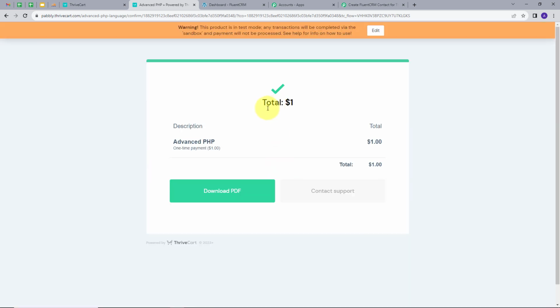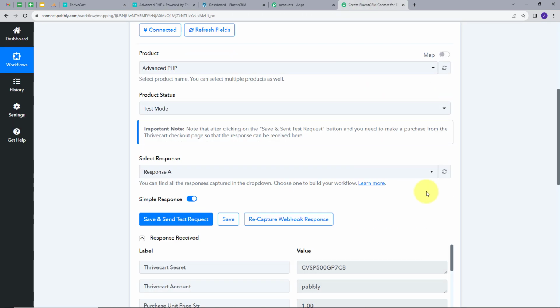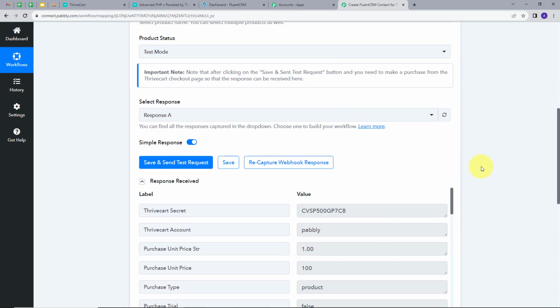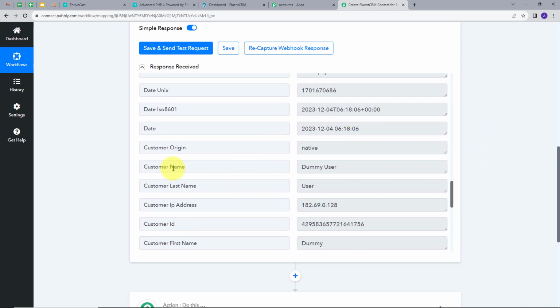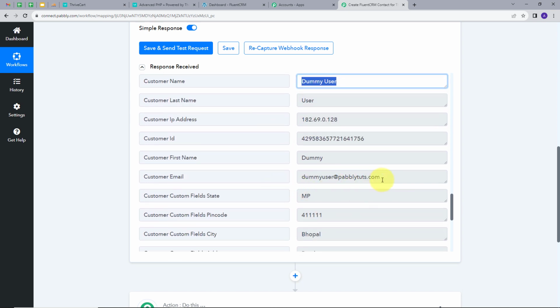So my purchase is successful and I have created this test purchase. Now I will go back to Pabbly Connect, and here we can see we have the response. So my purchase name is Advanced PHP and my customer name is dummy user, and this is the email address